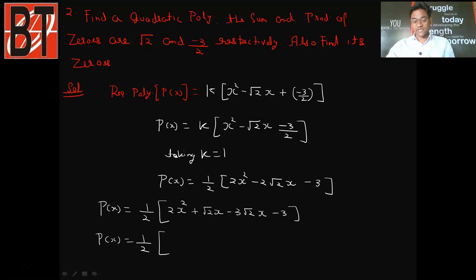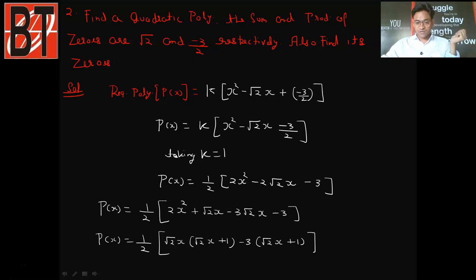Okay, if I just take the common out of the first two terms, what do you think, what should be the common term? The common term is root 2x. Okay, in the bracket I will have root 2x plus 1. You can check by multiplying inside. Okay, root 2 will become 2, and x into x will become x square. Clear? Students, here if I take common, minus 3 can be taken common, so it will become here also root 2x plus 1. The same factor we got.